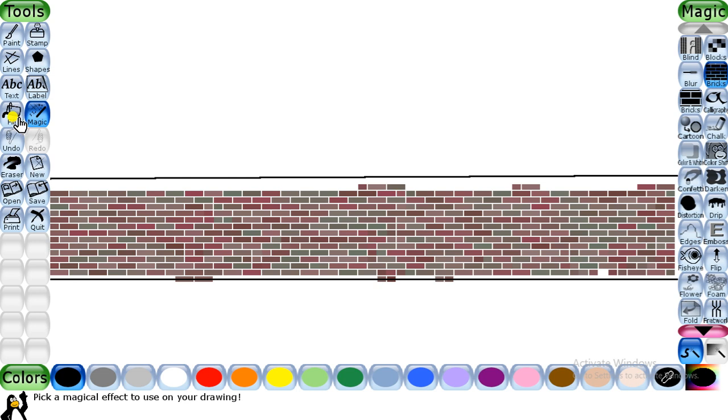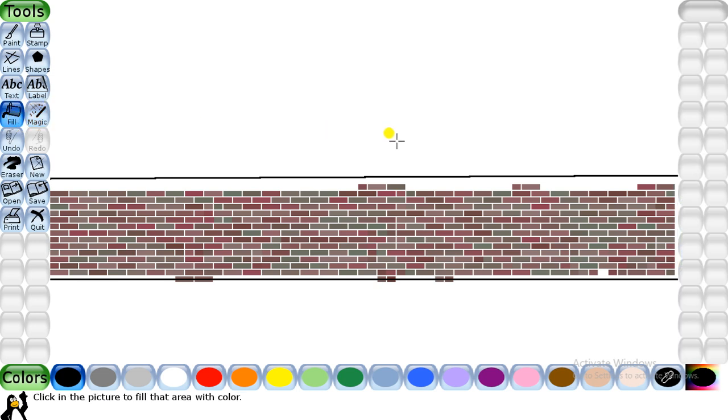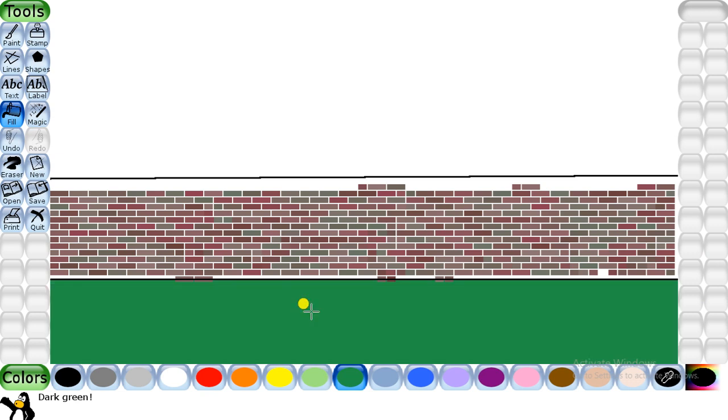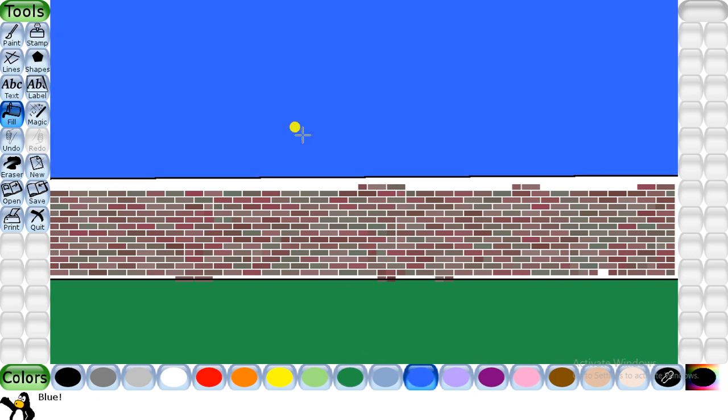Okay, so I'll directly click on the fill effect and you will choose a light green color in the color palette to represent grass. So I'll click on the light green and bring my pointer below the wall and just give it a click. Now see, the light green color fills the area. Now in a similar fashion you can fill sky blue color in the upper part. Suppose I click on the sky blue color and click above my wall, you will see the same sky blue color is filled in that particular area. So in this manner you can use the fill effect.